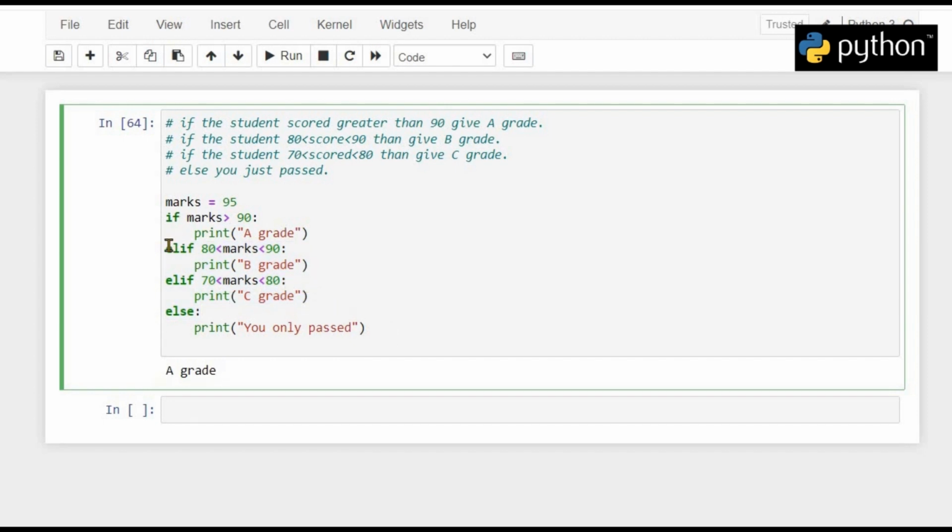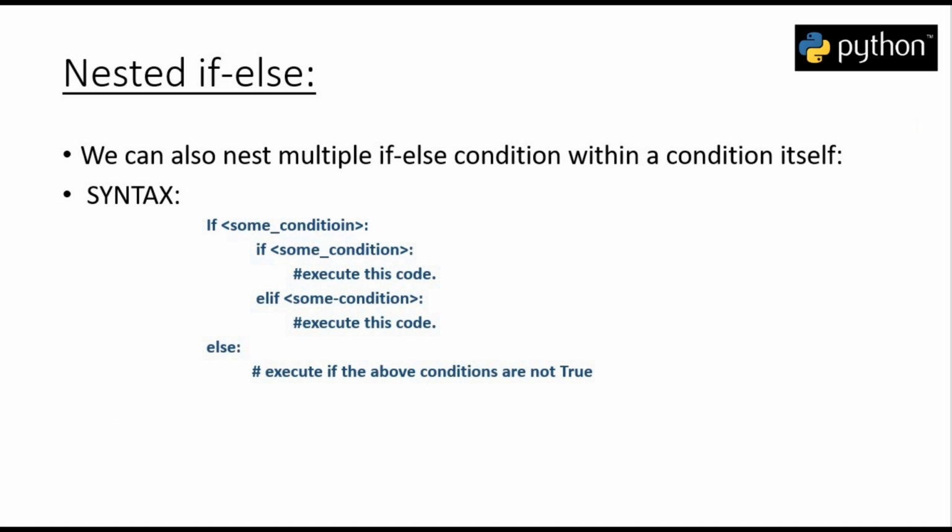Notice, as you can clearly see, that during our execution of multiple statements, this resembles a kind of ladder. That's why we say that this is an elif ladder in Python. Okay, till now we have seen when there are multiple conditions or single conditions, and how we execute our control flow of the program in those conditions.